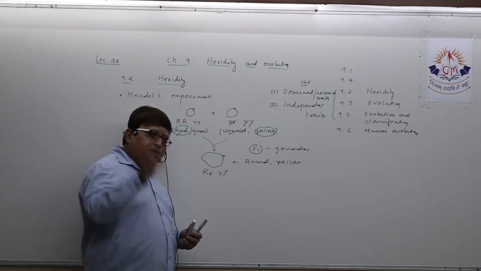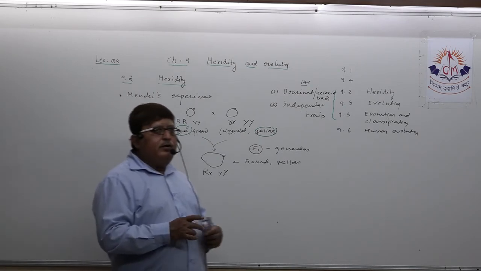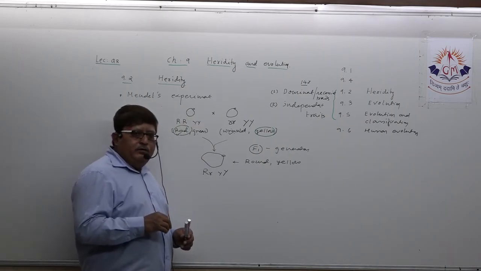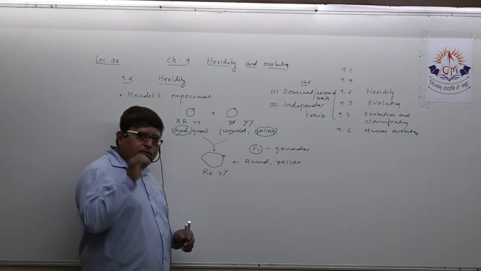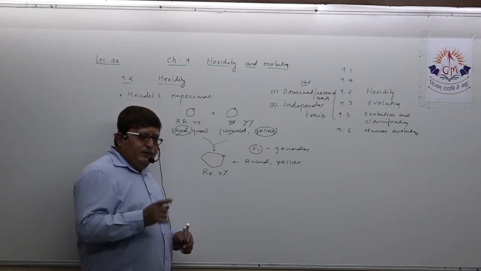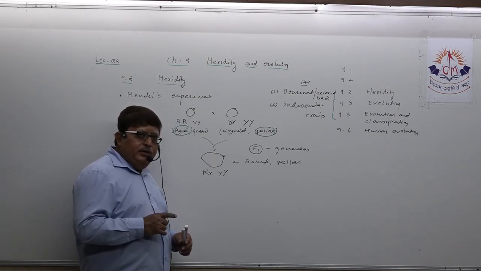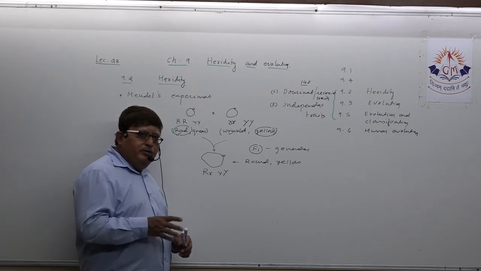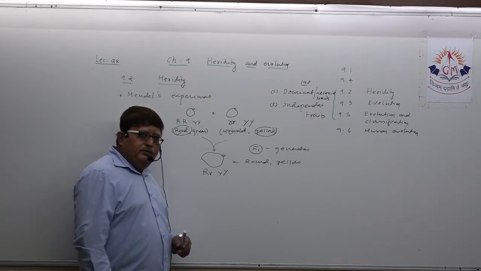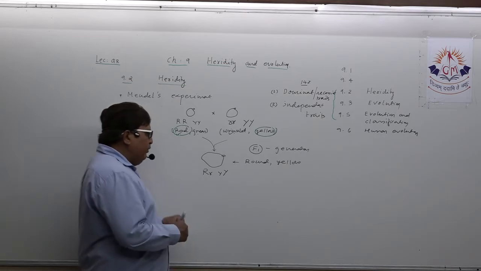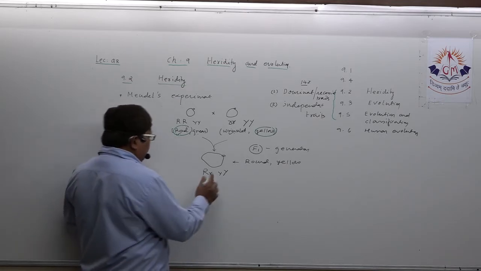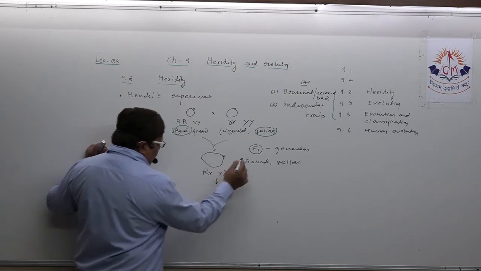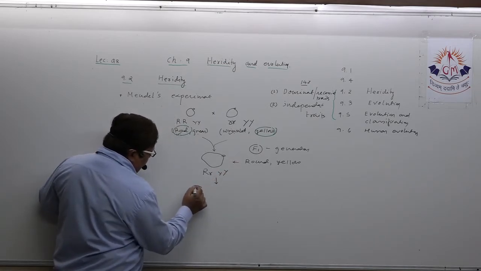Understand? So those two experiments have already proved again that in the first generation this is going to happen, that one will be the dominant trait and one will be the recessive trait. This is going to happen in the first generation. But when self pollination is again created between F1 generation plants again,